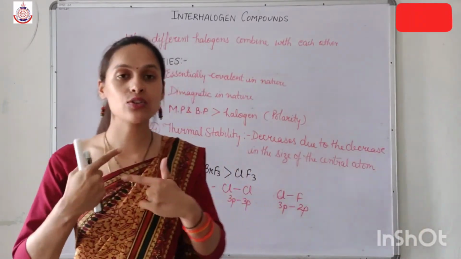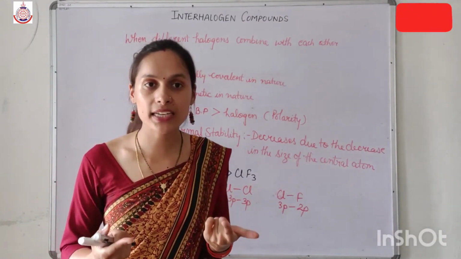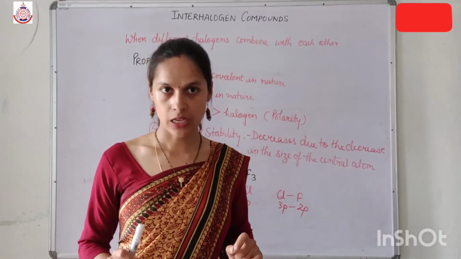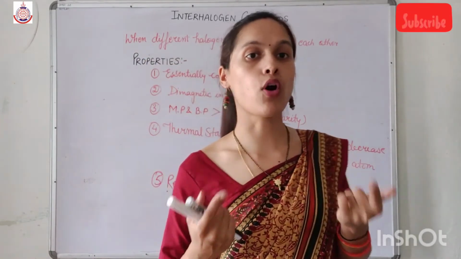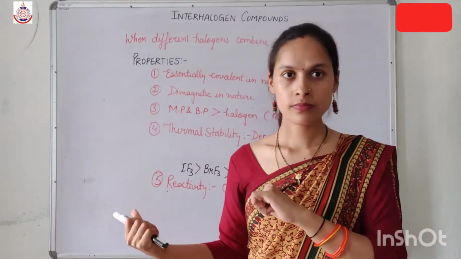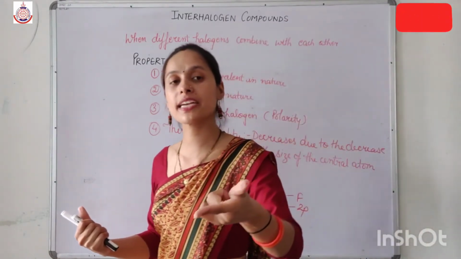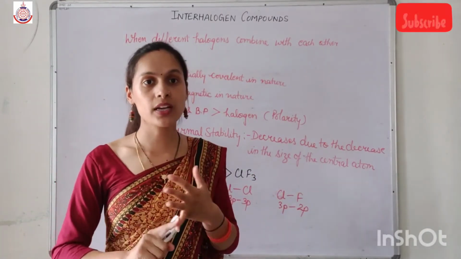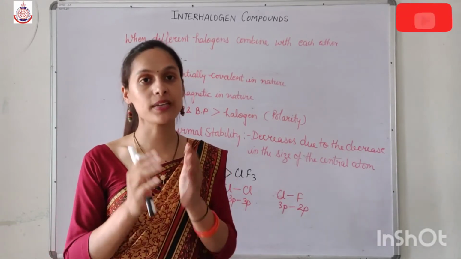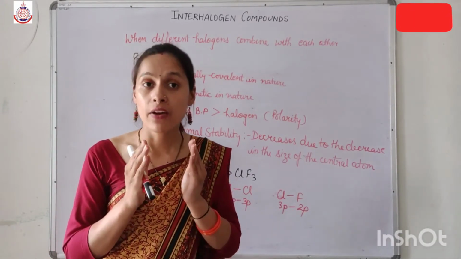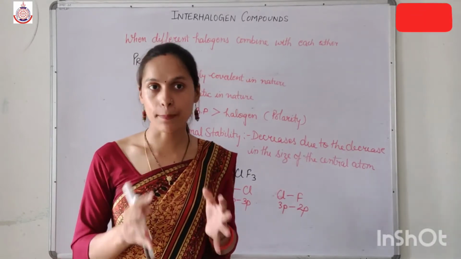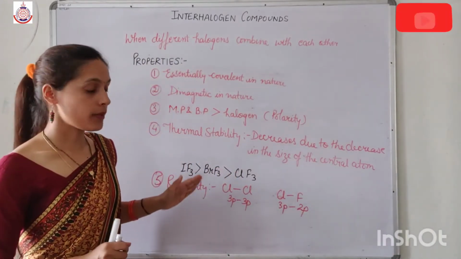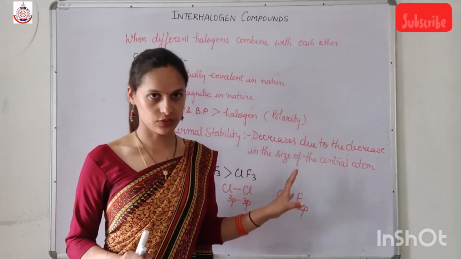Now why are interhalogen compounds more reactive? Because of the difference in the bonding orbitals, their bond is weaker than that of the halogens. And why is F2 more reactive than interhalogen compounds? First, due to its exothermic nature, and second, very little bond dissociation enthalpy is required to break the bond because of the very high electronic repulsion between the lone pairs of the two fluorine atoms. Now, if we talk about the order of the reactivity,